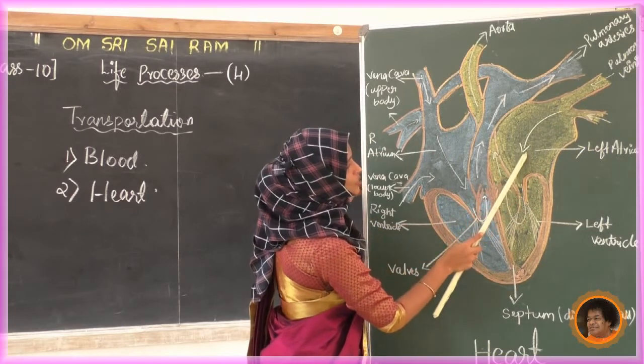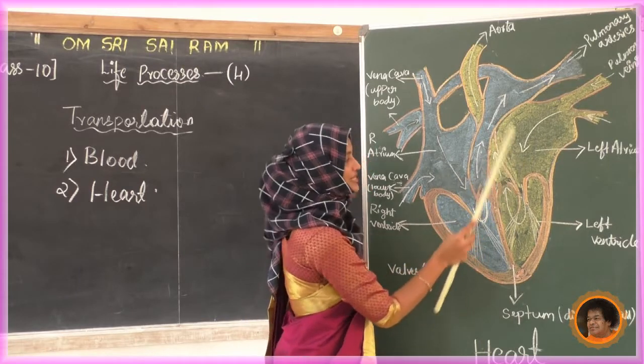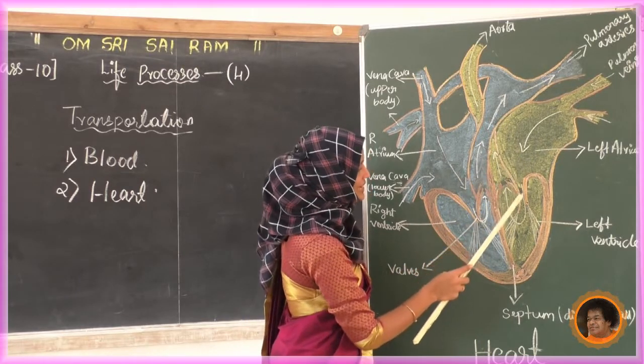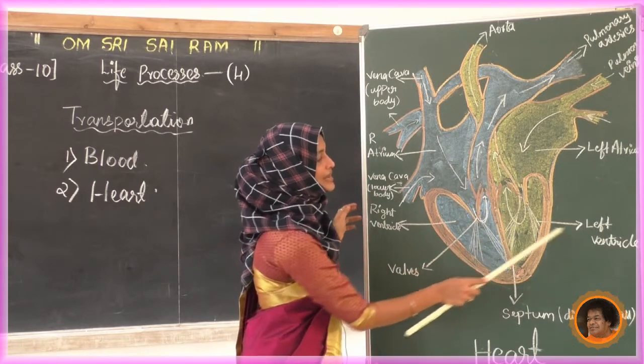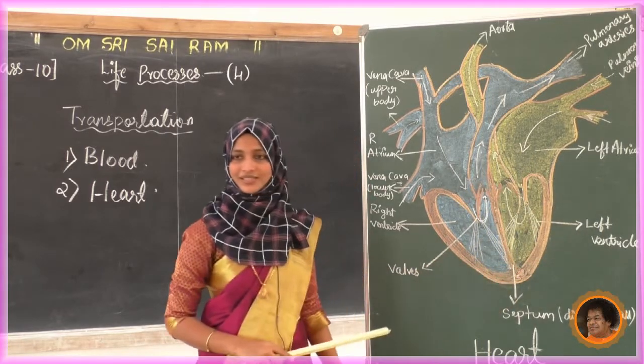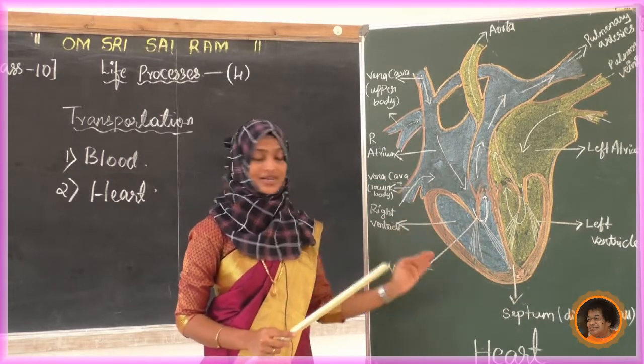Next it reaches the atrium, that is the left side of the atrium, so it is called the left atrium. Next, same as that, we can see the valves here. Upon that there will be a left ventricle. Okay, this is a small idea of the different parts of this.